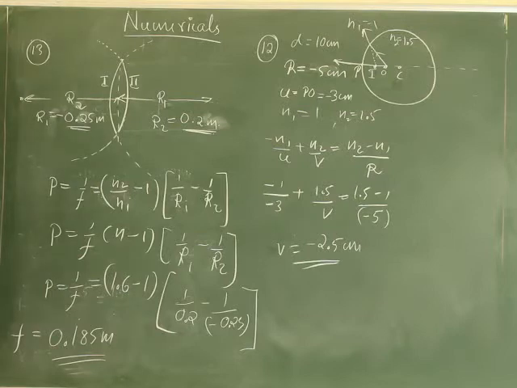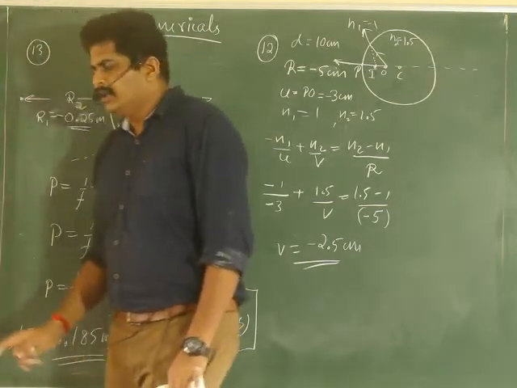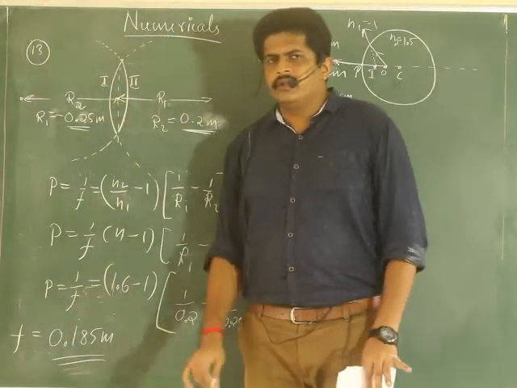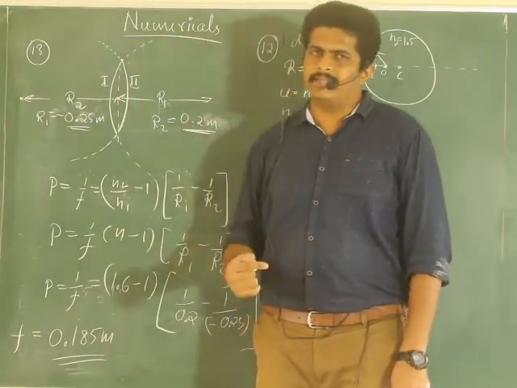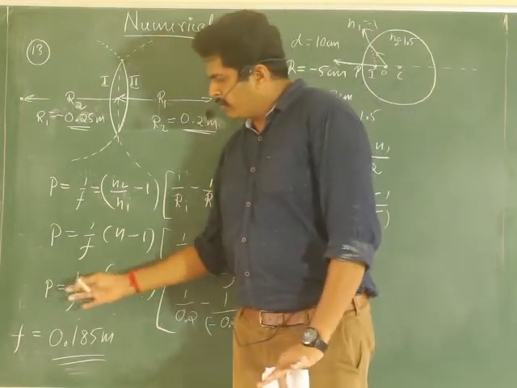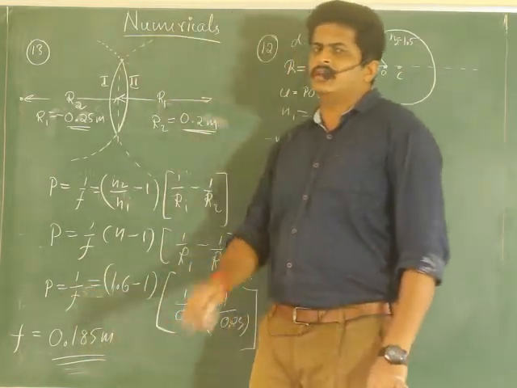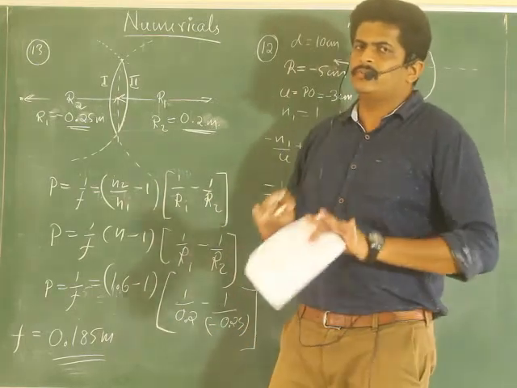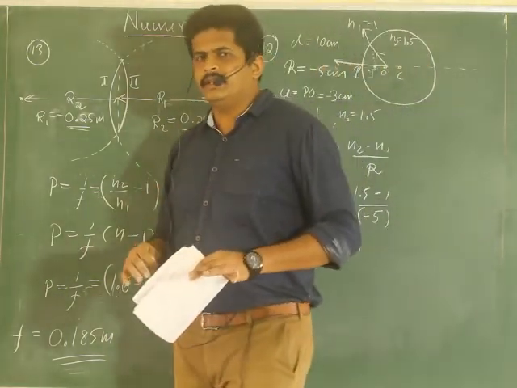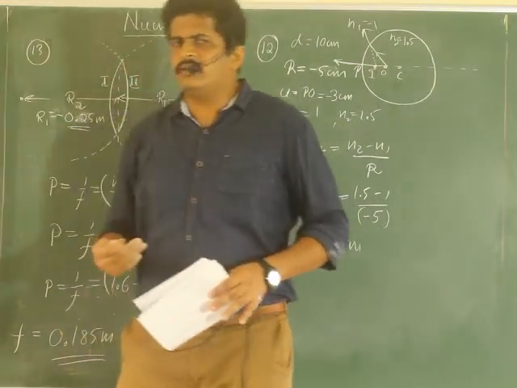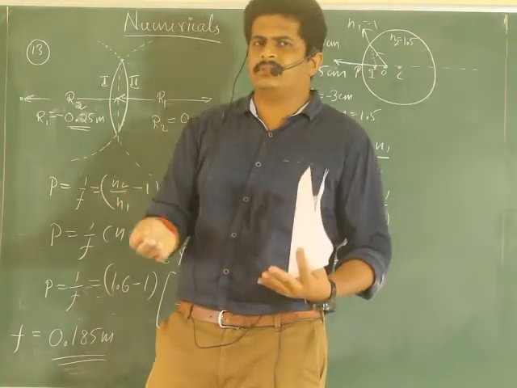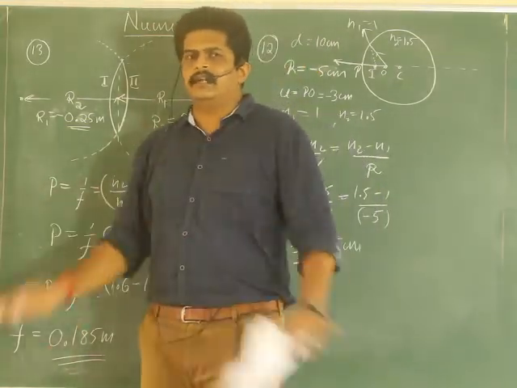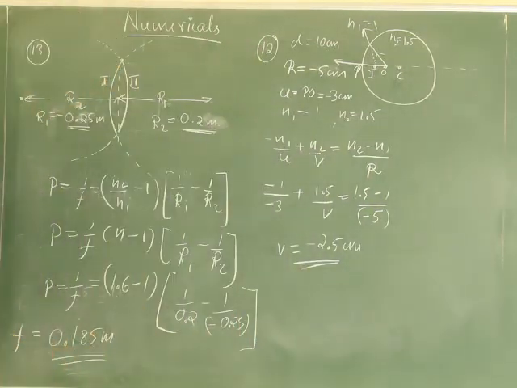Similarly, power of that lens. Remember, a very important point: whenever you write down the focal length, you can write it in meter or centimeter, no problem. But in the case of power of lens, when you find power using focal length, it has to be measured in meter itself, because power of lens is in diopter. 1 diopter, the definition is already given. That means if you express focal length in meters, only then can power of lens be expressed in diopter. If it is in centimeter, the entire thing is wrong.